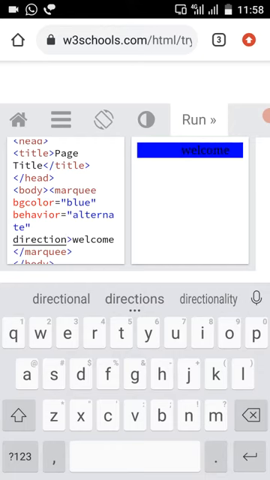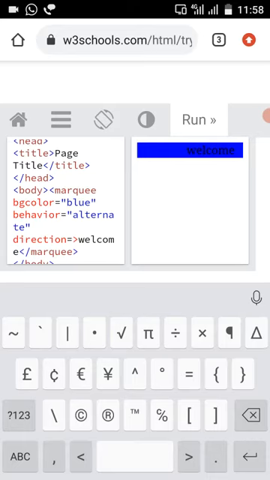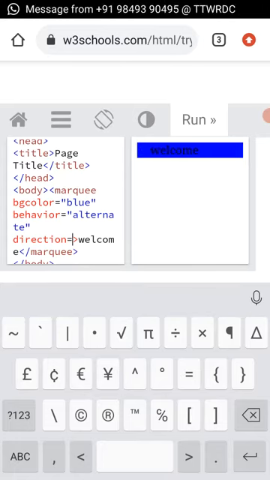Now I want to change the text direction here. From left to right I want to scroll my text, or else slide my text, or scroll and slide my text.